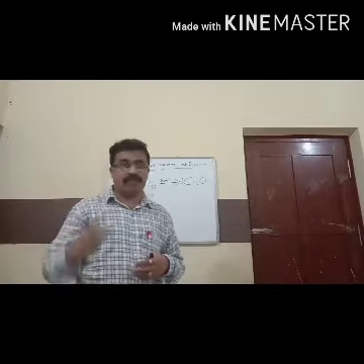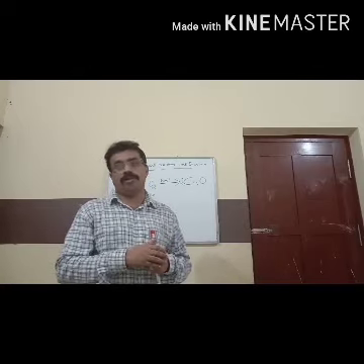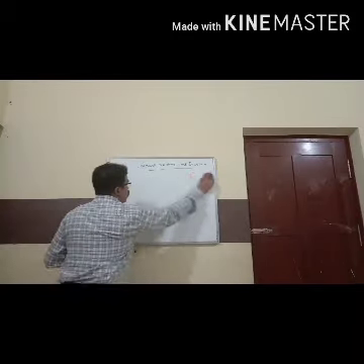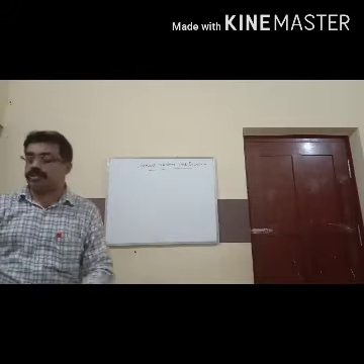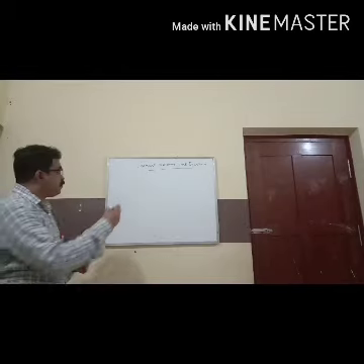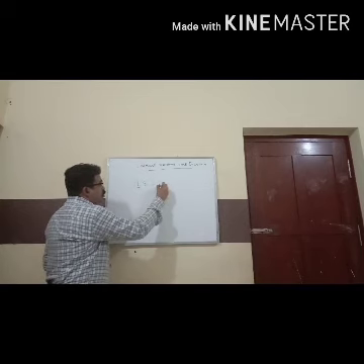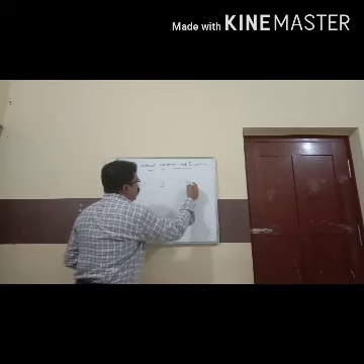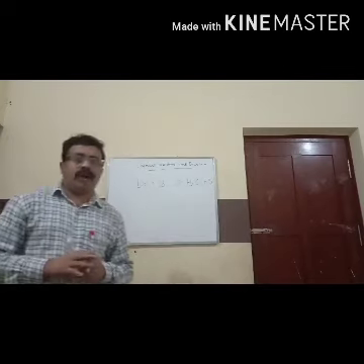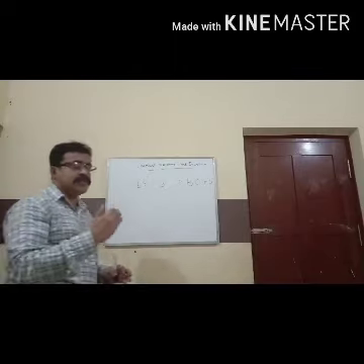So I will take 2 examples for that, and I will teach you how to balance those equations also. Okay, so we'll see how to balance those equations. Now, you can see when H2S gas, hydrogen sulfide, reacts with oxygen, we get water and sulfur. Hydrogen sulfide reacts with oxygen to get water and sulfur.